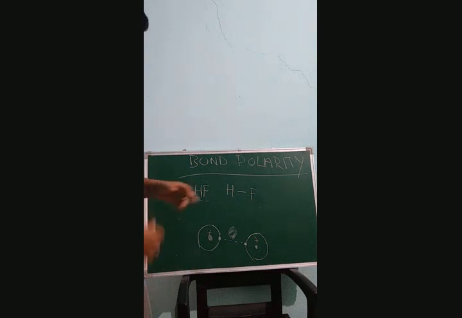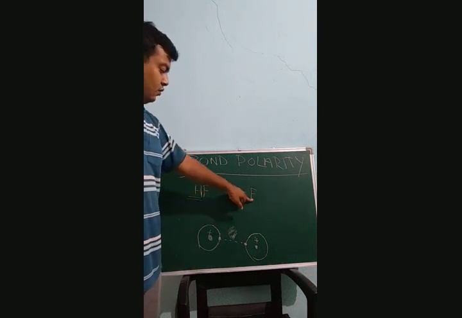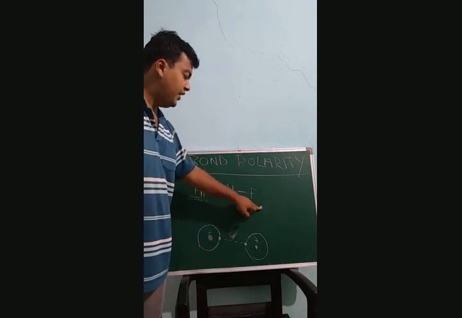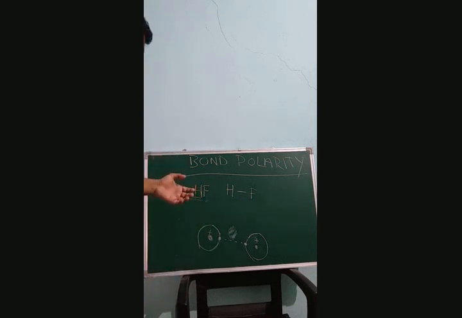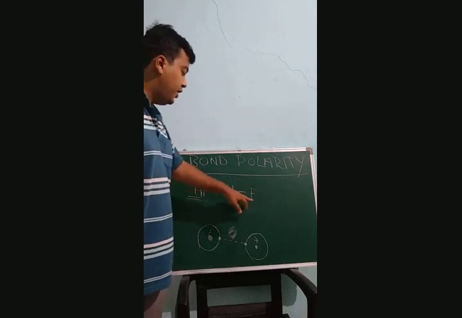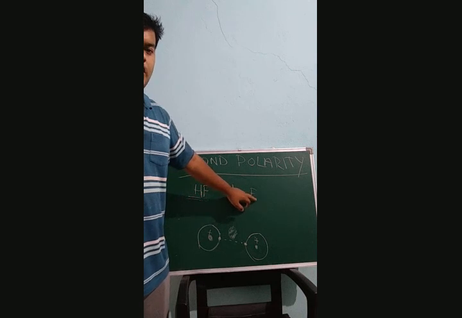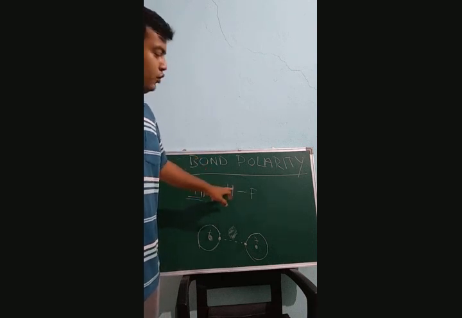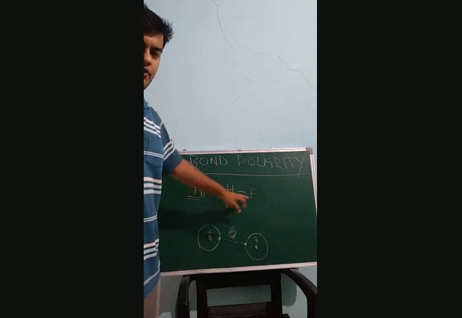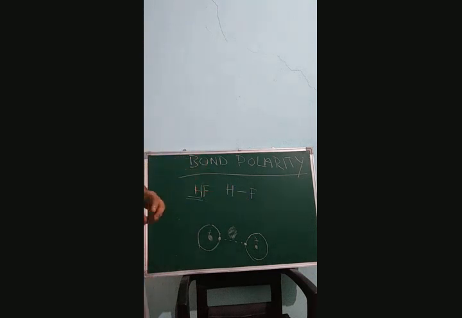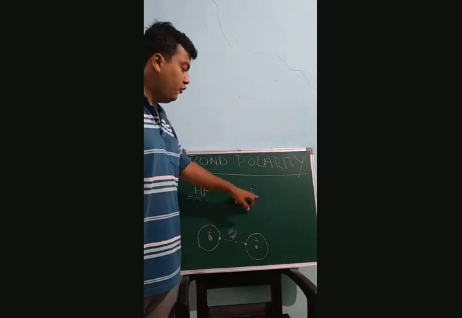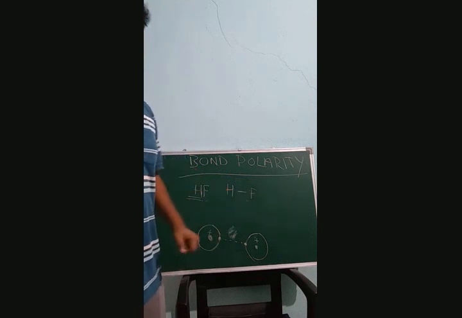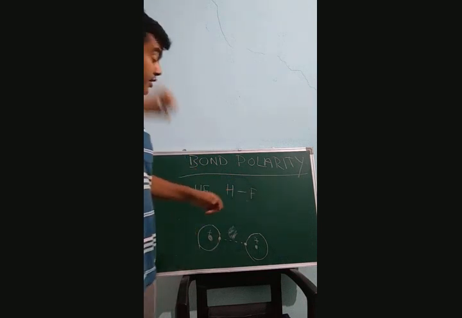Electronegativity, I have told you about in the previous classes. The meaning of electronegativity is the chance or willingness to attract an electron. If we give one electron to fluorine, then fluorine will be more stable than hydrogen. Both atoms need one electron to complete their octet, but fluorine will be more stable than hydrogen. So fluorine needs the electron most. Therefore, the electronegativity of fluorine is higher.